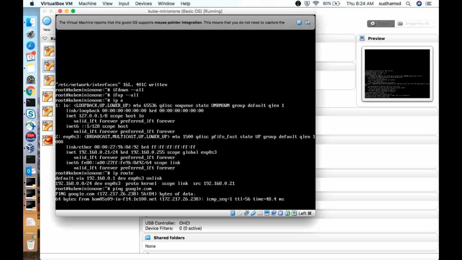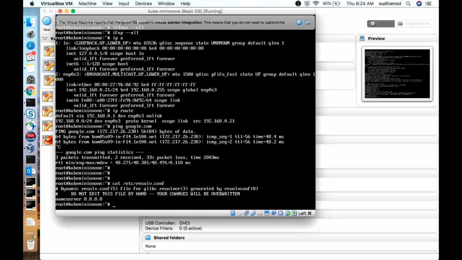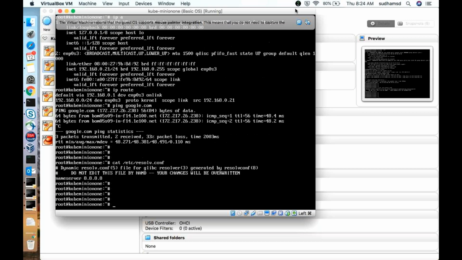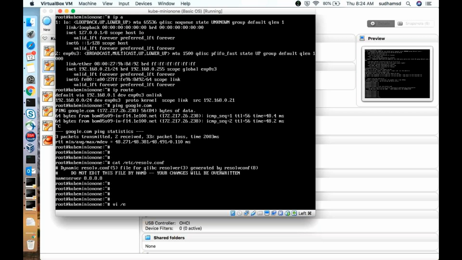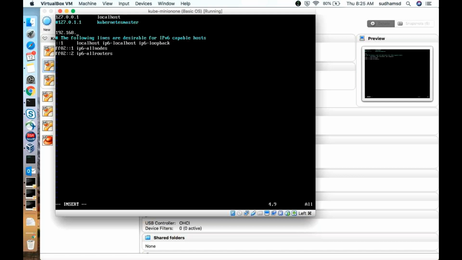Okay, now what I need to do? Yeah, host address. I want to add all the 3 server entries here. Kubernetes master. Because I cloned it, you can see the same host name over there.